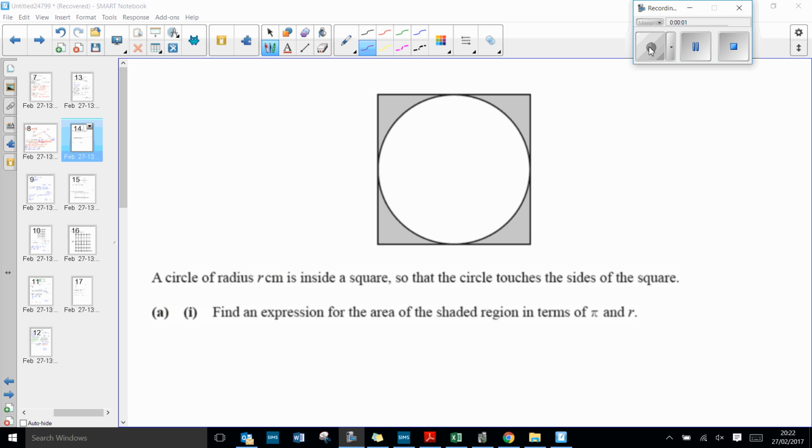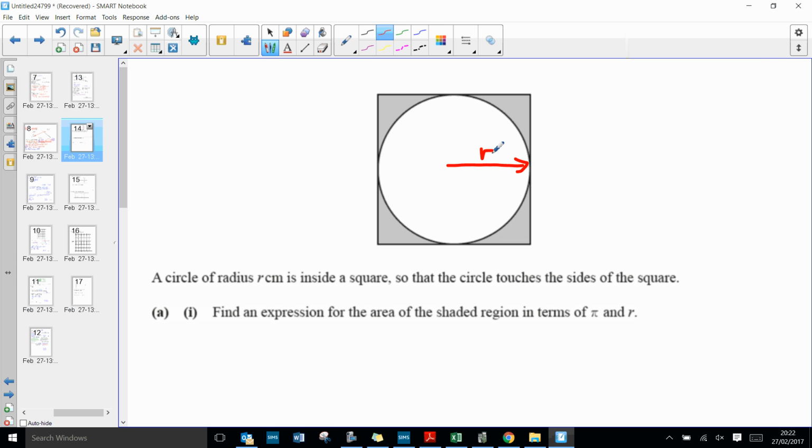So, a circle of radius r inside a square. Find the expression for the area of the shaded region. Well, if this radius is r, then this length must be 2r. So the area of the shaded region would be the area of the square. Because it's a square, we know that's also 2r. So the area of the square is